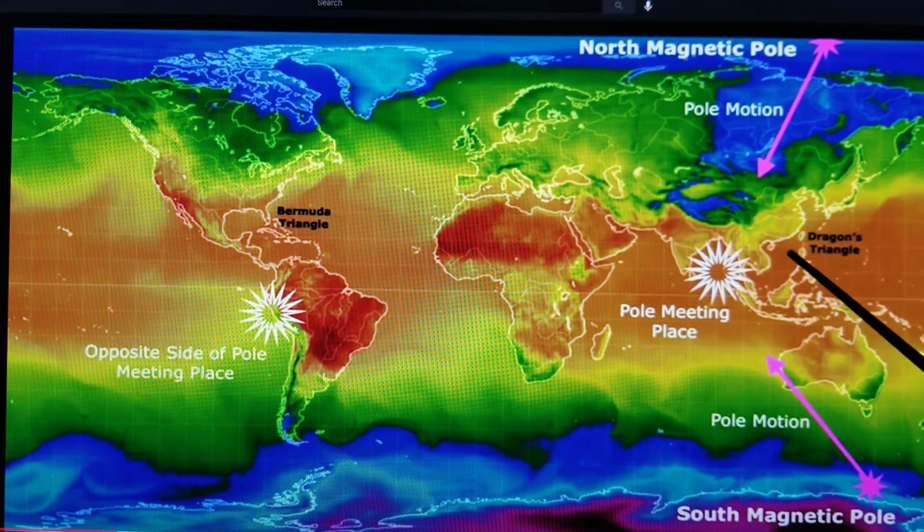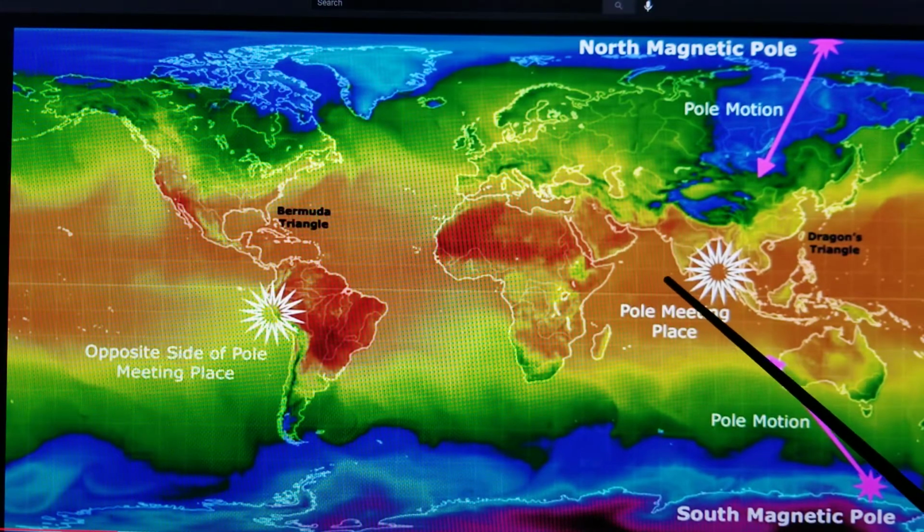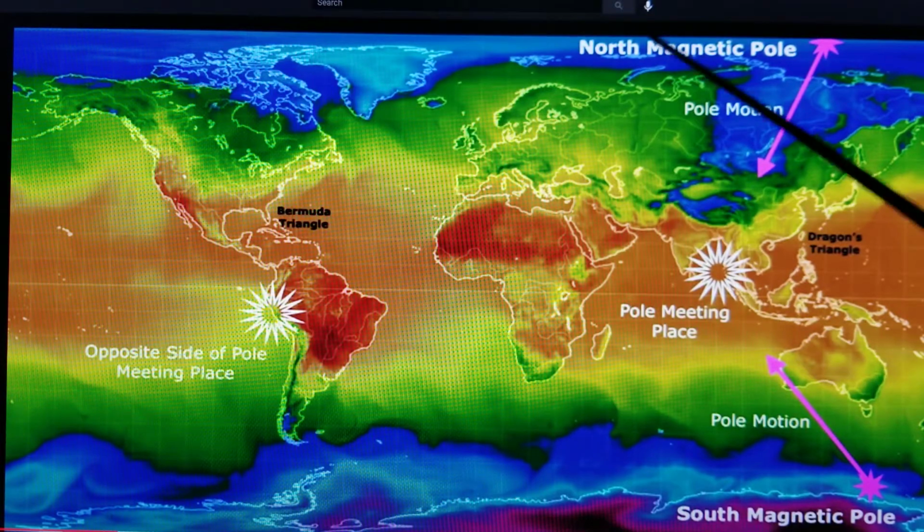And what happens is all the livestock, fish, animals, trees, humans, everything will flip to the north, and this will flip to the south.